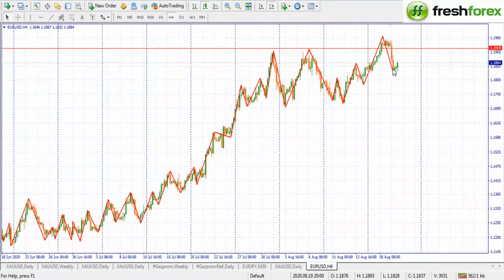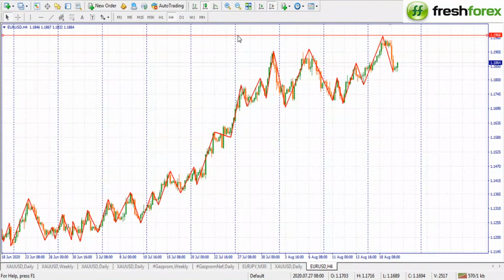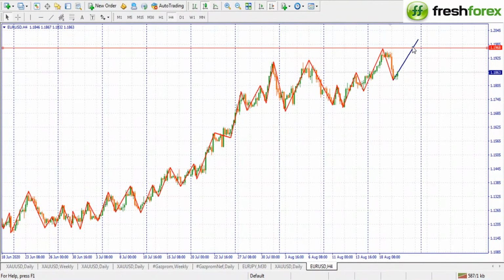So we expect the current move, unless a bottom forms here, we expect this move to continue up to this resistance, the one which has just been formed. This becomes the new highest high. So unless a new bottom forms here, we may likely see price continue to the lower side. So we expect something like this, expect a possible continuation to the upper side, and even a break above this level,